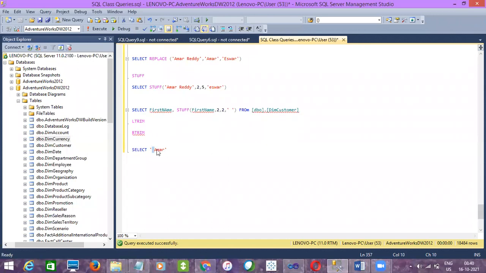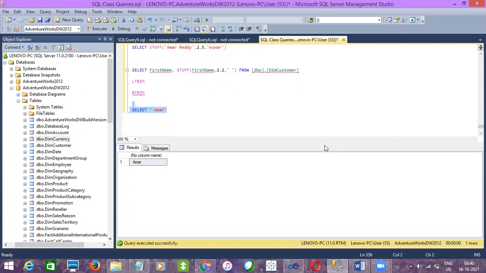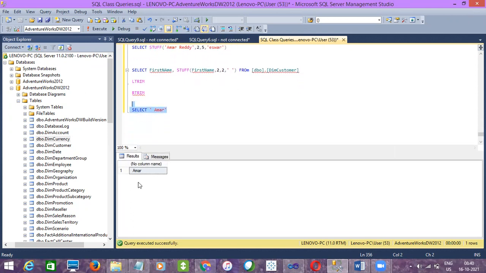See, I have an extra space here. I'll show you how the value will be written in the SQL result set, right? See here, this is the result set. If I copy it here and paste it in the SQL window, if you observe, I'll give enter here. It will be at the edge of the line here. Now see, it is at the edge of the line. There is no gap. If I paste it here, you can see a gap.